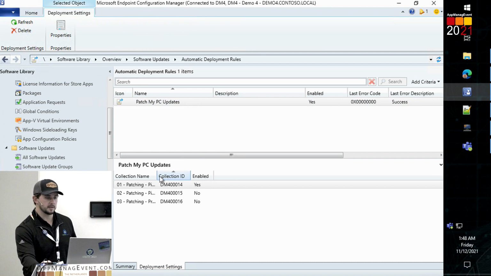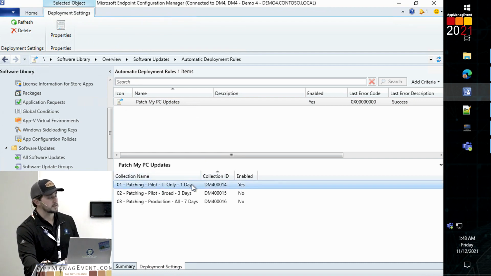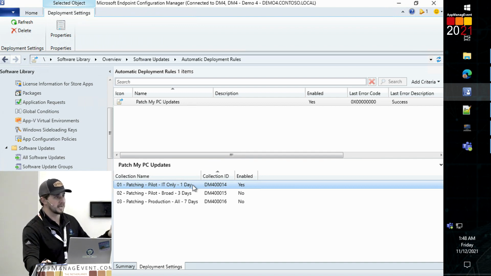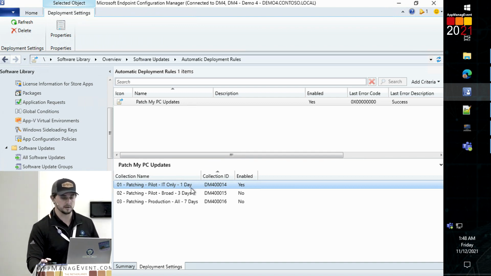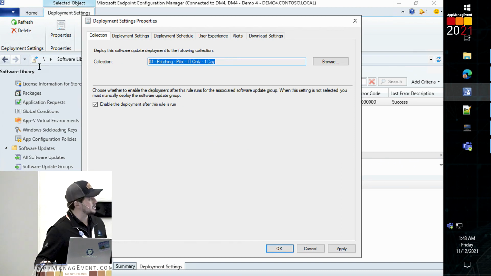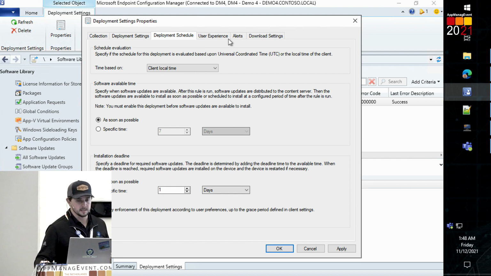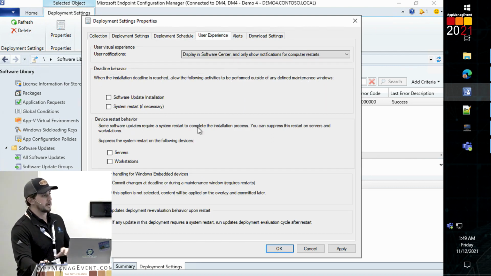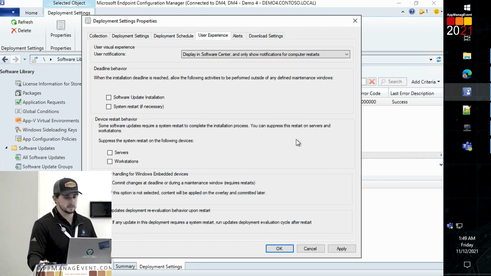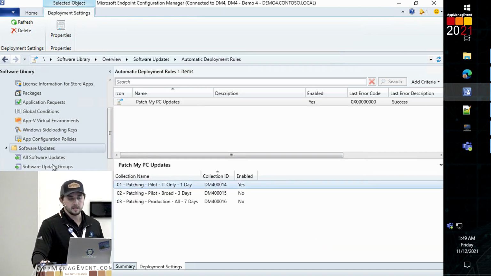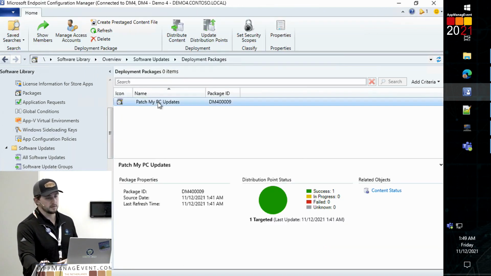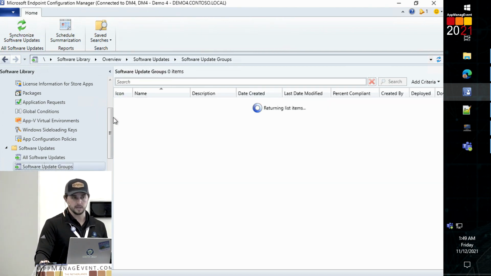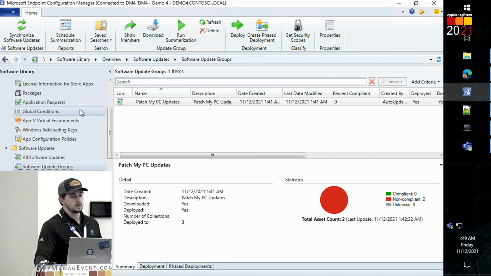Deployment settings, same thing here. So you have all the same options. So we have a pilot, broad, and production that are staggered out differently so we can get our phased rollouts, right? So same thing, collections you would use. Make use of existing collections, deadlines, maintenance windows, reboot behavior, everything would be using the native ConfigMan options, right? So when that ADR kicked off, it downloaded our content into a deployment package. So we'd make use of existing DPs, created our software update group for us, and it's already deployed to our